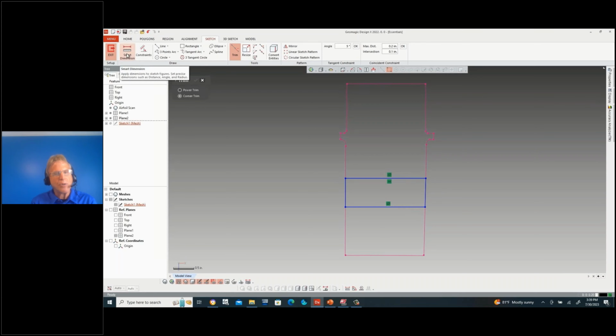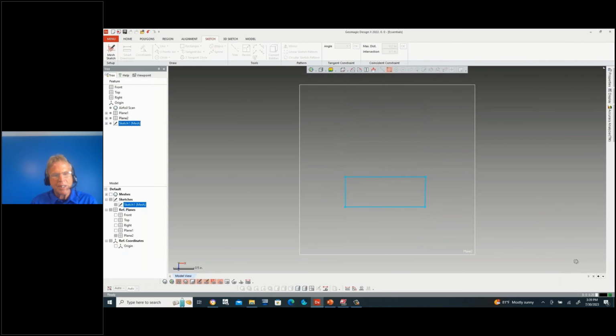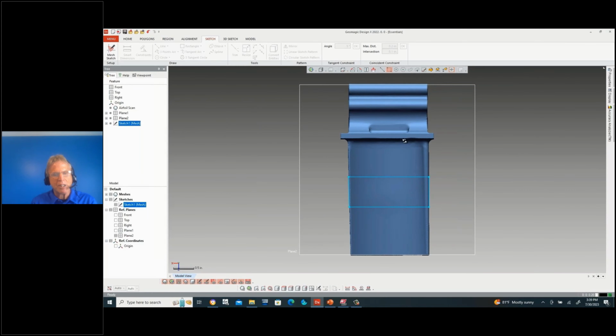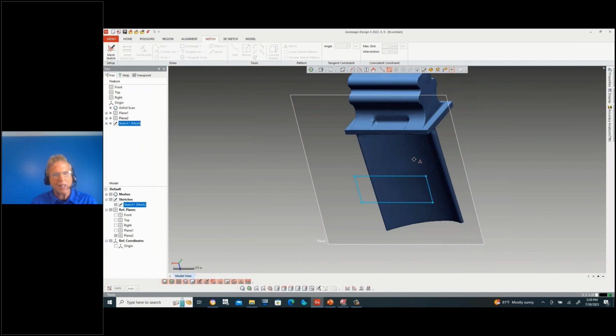So let's go into our smart dimensioning tool, and we'll add a dimension from that top line going down to this bottom line. And let's exit the smart dimensioning tool, and give this a value. We're going to say, let's make this 3/4 of an inch, and then we'll exit the sketcher. Then we'll turn our mesh back on so we can see what's going on. So we have our rectangular base, and if we flip the part over, and tip this back a little bit, we see we have a rectangle that's off in that plane, but it's a distance away